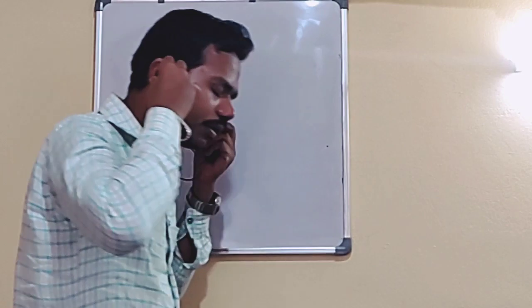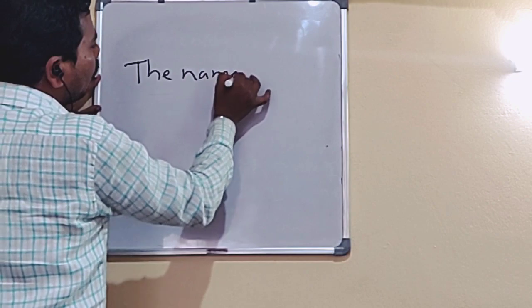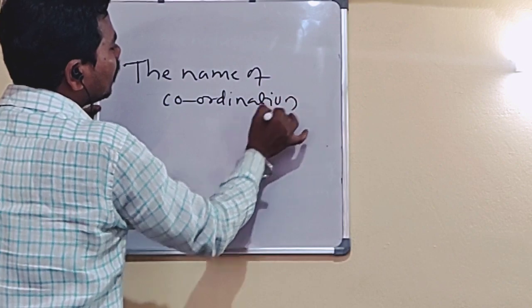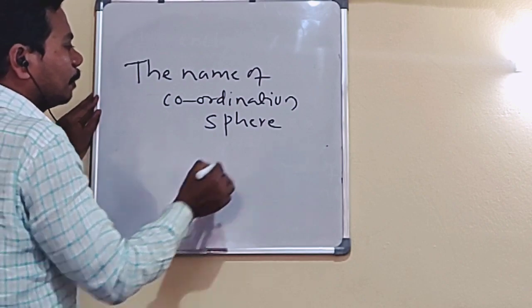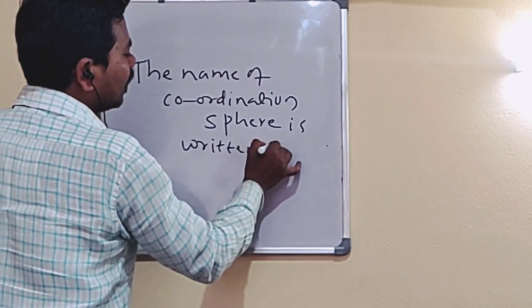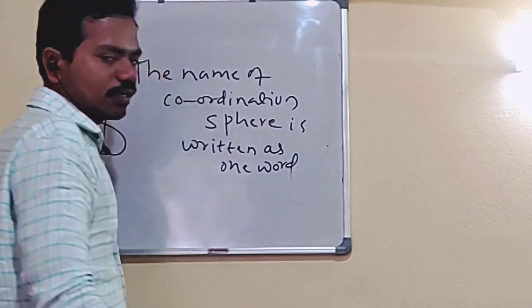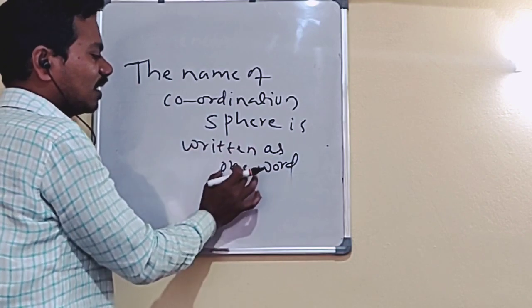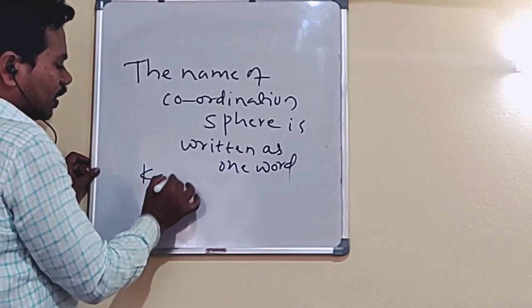Now, what is the second rule here? The name of the coordination sphere is written as one word. The name of the coordination sphere is written as one word. For example, here